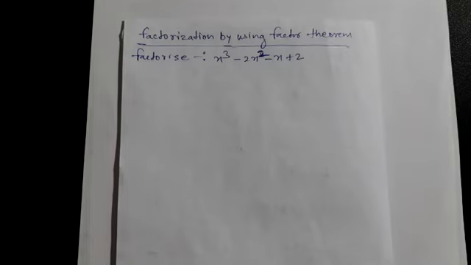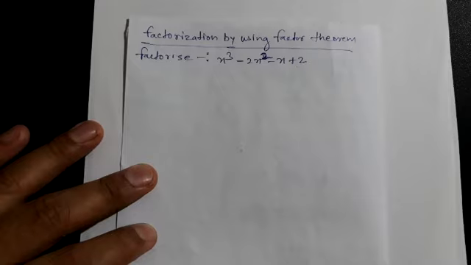Whenever we are given a polynomial and we have to find its factors by using the factor theorem, first we will identify its constant term. In this polynomial our constant term is 2, and after that we will find all possible factors of the constant term. So here we have 2, so all factors of 2 are,